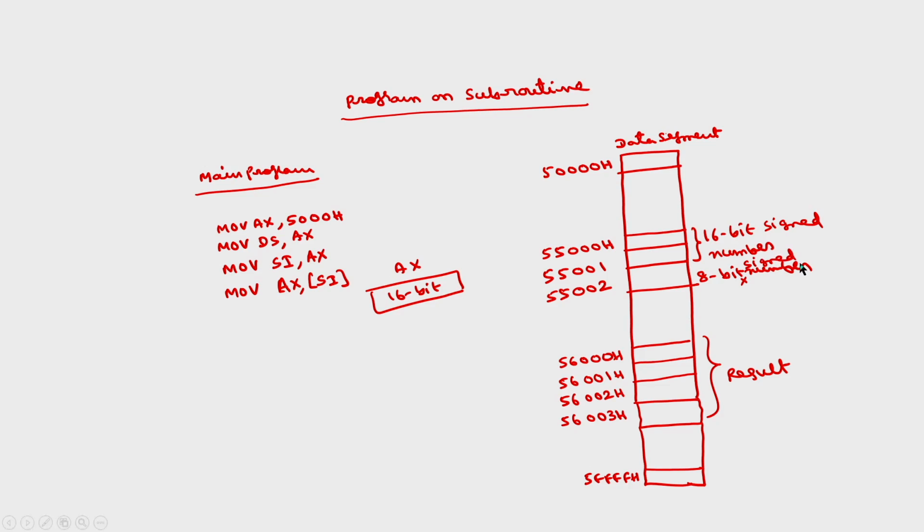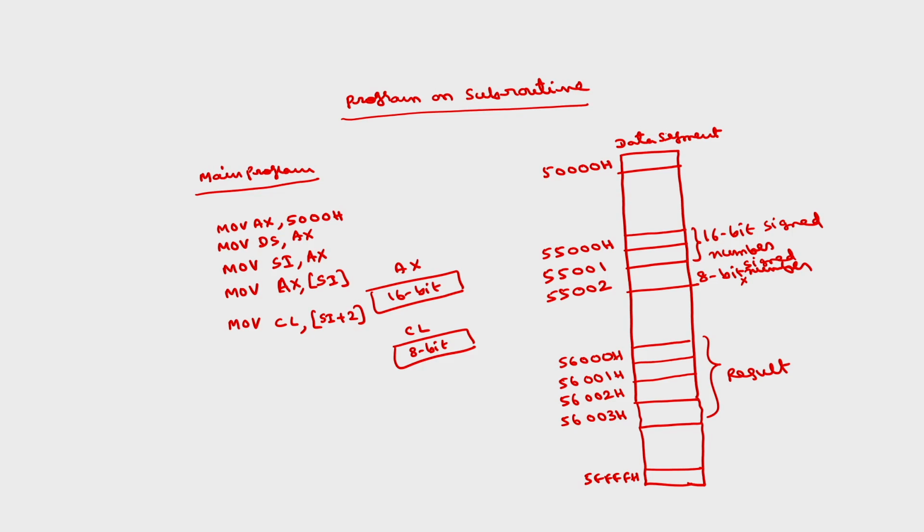Okay. Now the 8-bit number is there in the next location. So you have to take this onto some other register, say BL or CL, it is up to you. CL comma contents of SI plus 2. SI was 5000, SI plus 2 is 55002, where the 8-bit signed number is present. This I am taking in CL. In CL we have the 8-bit number. This has to be multiplied, but in the subroutine. I do not want to multiply here, I want to multiply in the subroutine.